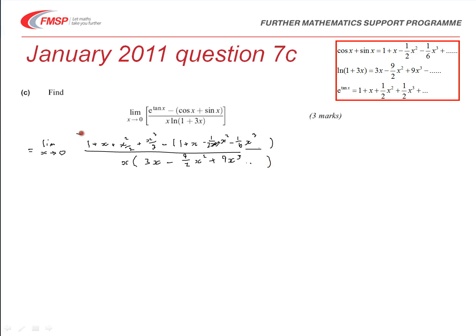Okay, now before we can take that limit we need to consider what we're going to divide by and simplify. Now we can see we've got a 1 there and a minus 1 there, and we've got an x there and a minus x there, both of which will disappear. So on the top we are now left with